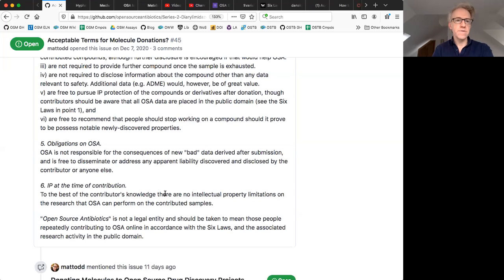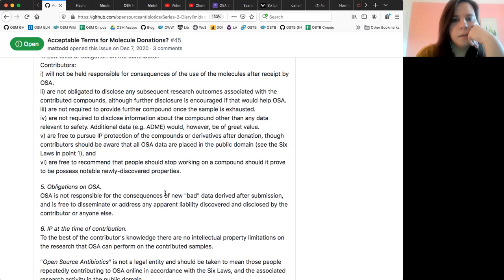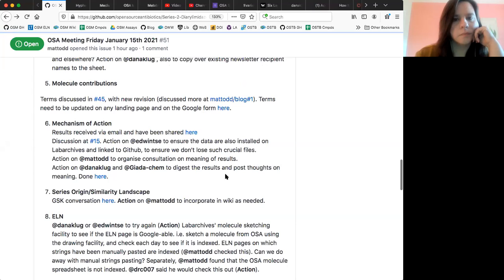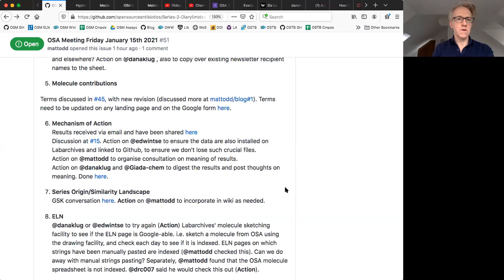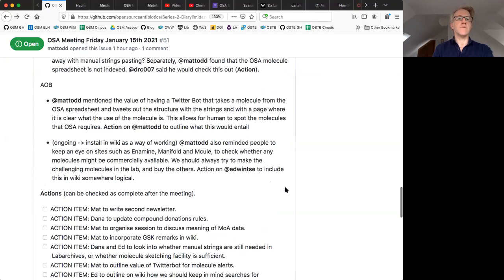Then if everyone's okay with those, they just need to go onto the form, Dana, that you had already generated. Oh, I think I already did that. Okay, fantastic, great. And I think I've updated the landing page too. Fantastic, great. All right, that's great. But nothing new there, just a different way of expressing it. Mm-hmm. And then the rest of it was as per.